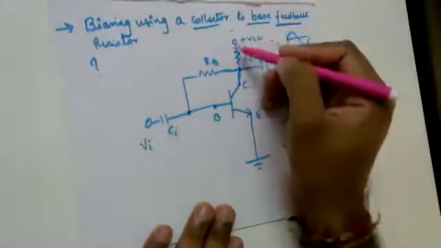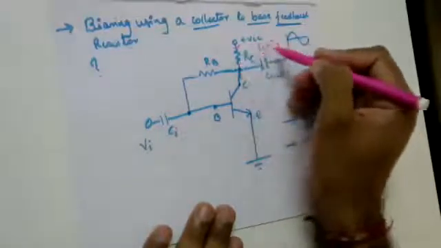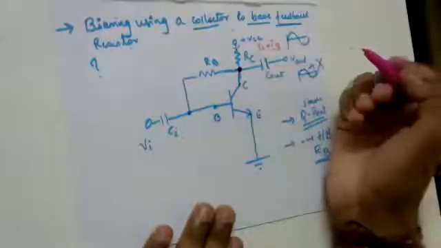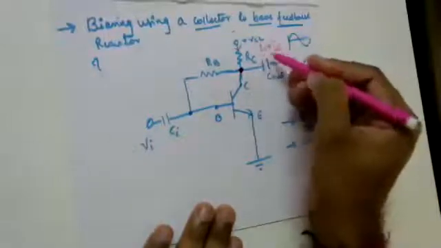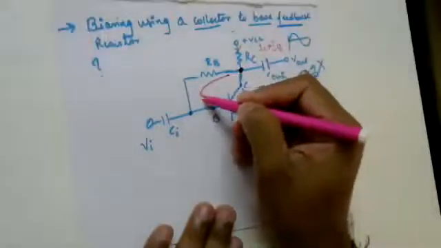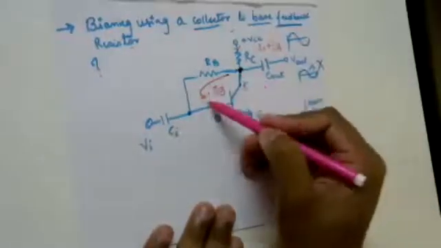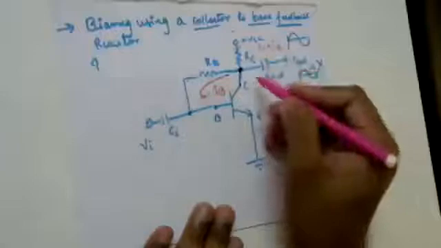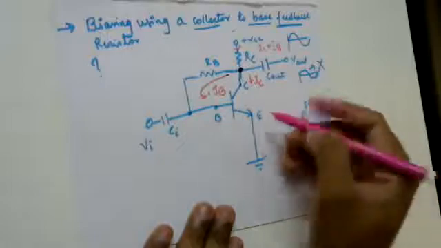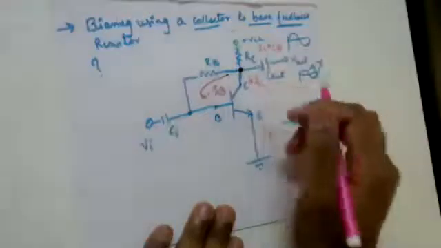The value of current that is going to flow from the source to this resistance is IC plus IB. Why like this? Because at this node, this current IC plus IB gets split as the current IB that flows into the base, and the remaining current IC flows through the emitter, and this becomes my IE. I hope you're able to understand this.